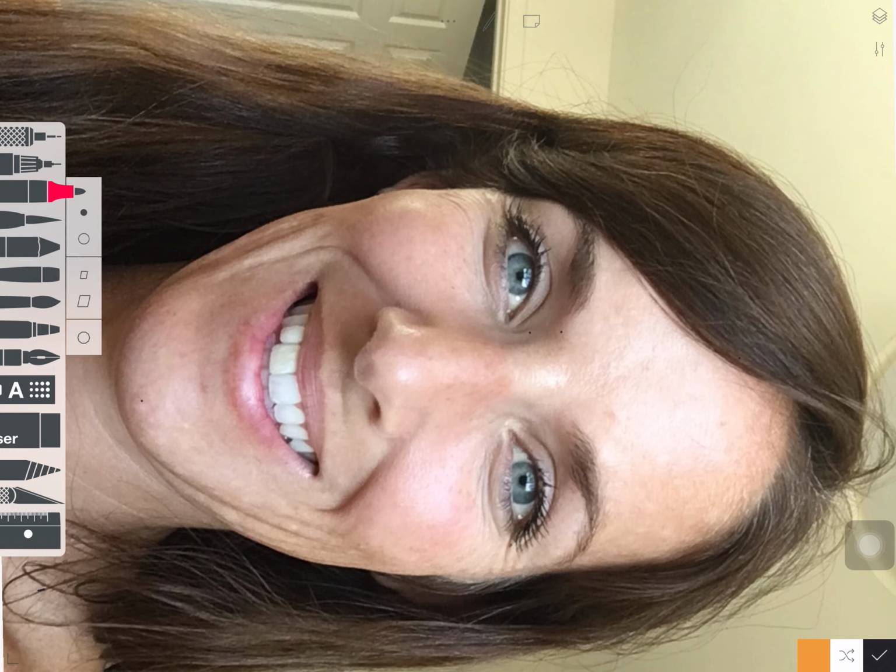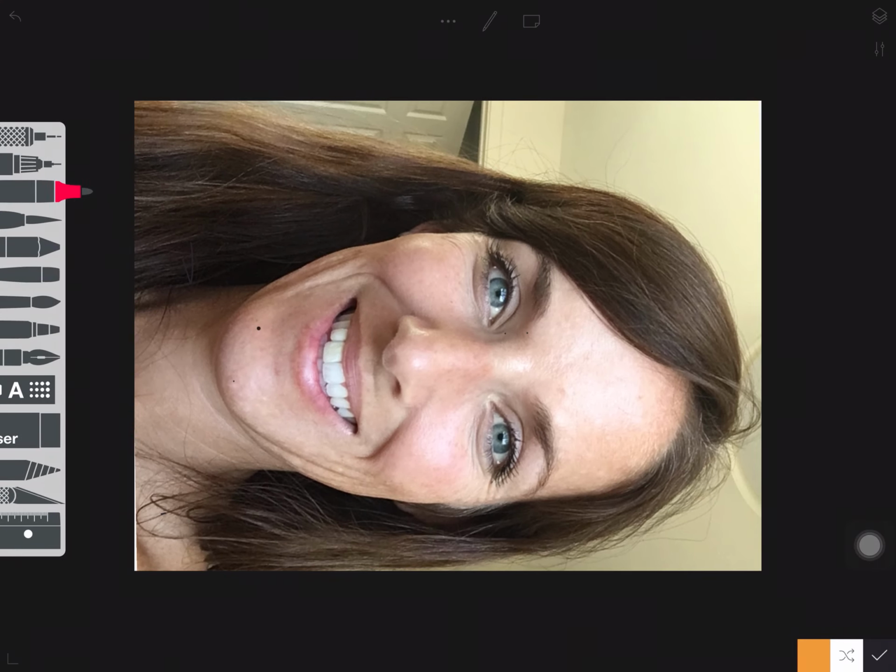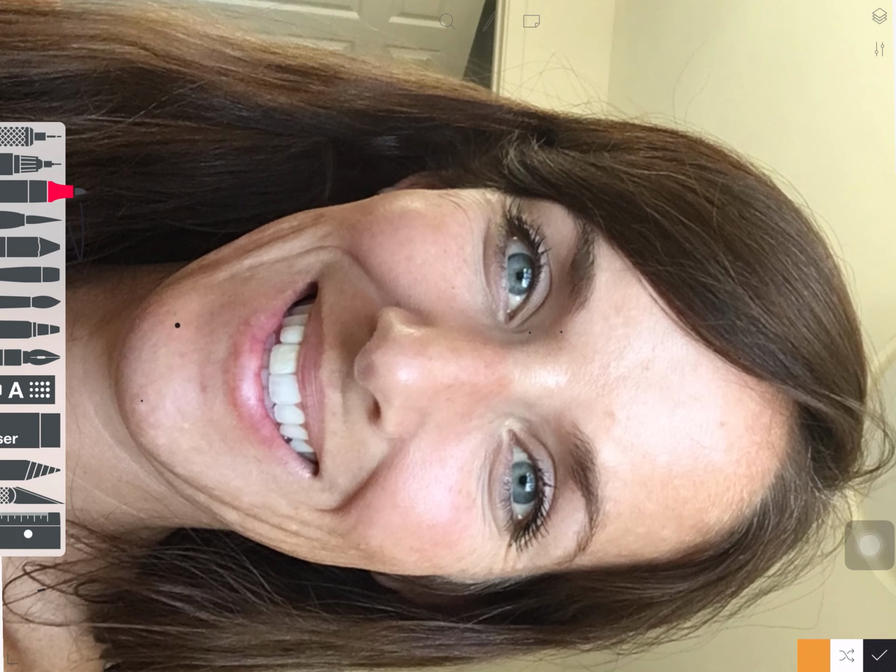So we added our photo yesterday into Sketches Pro, and we made it as big as we possibly can to fill up the space. We turned it sideways because our iPad is longer than it is tall. So now that I have a really giant version of me looking like I'm lying down sideways, I'm going to